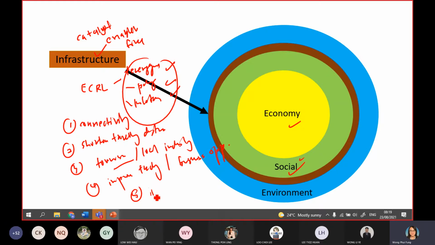And last but not least, investment opportunity. Okay, when all these areas start to become very popular, then the investors or developers will aim to build more property in this area. As I mentioned just now, tourism. So maybe they will build more service apartments and hotels in all these areas because of the abundant opportunity. So hence, as a conclusion, infrastructure improvement can accelerate the achievement of sustainability in terms of economy, social, and environment. Okay? All right.